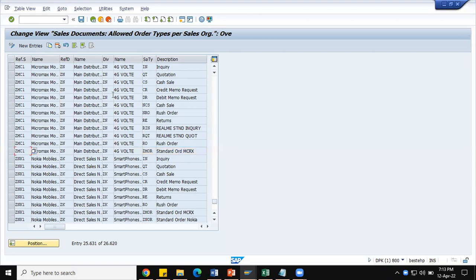So unless and until these are not in place, the system will not allow you to create these document types whenever you are using that particular transaction code like VA11. If it is assigned inquiry, then it will allow you to create. In VA21, if this particular document type is assigned to the sales area, then the system will allow you to create the sales document of this QT document type and so on. So now,